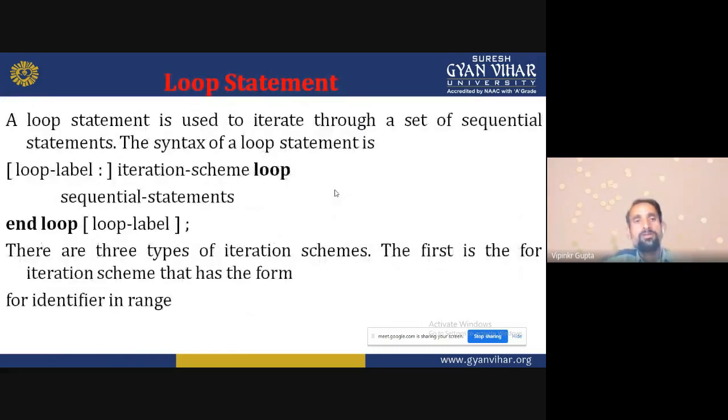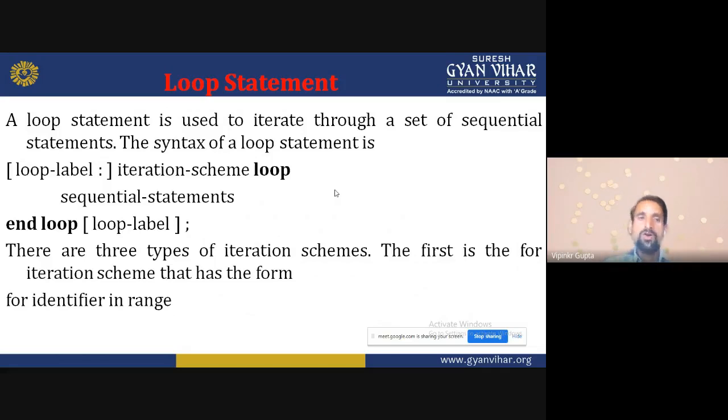Loop statement. A loop statement is used to iterate through a set of sequential statements. The syntax of a loop statement is: loop label, iteration scheme, loop, sequential statements, then we can close the loop. There are three types of iteration scheme.